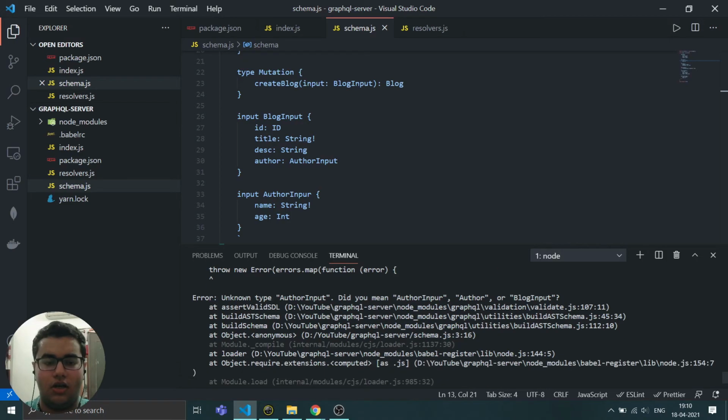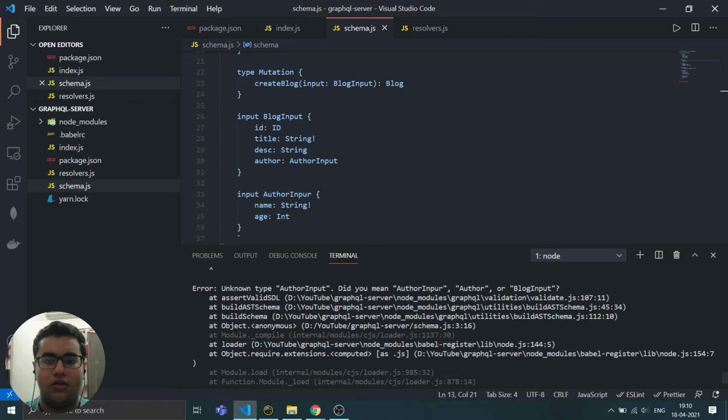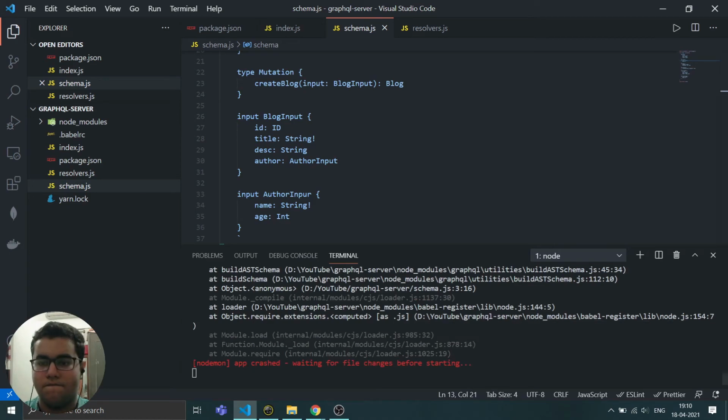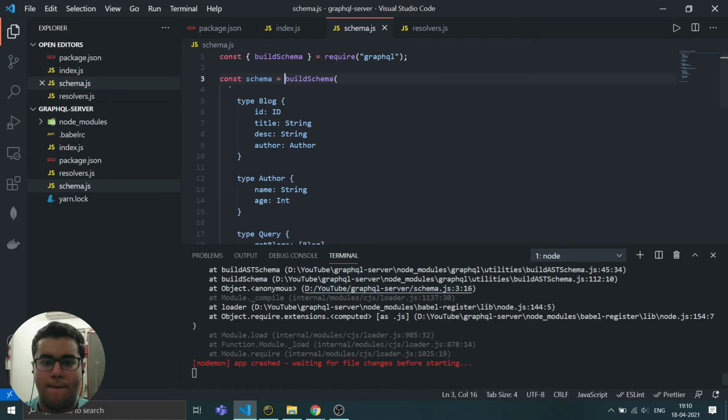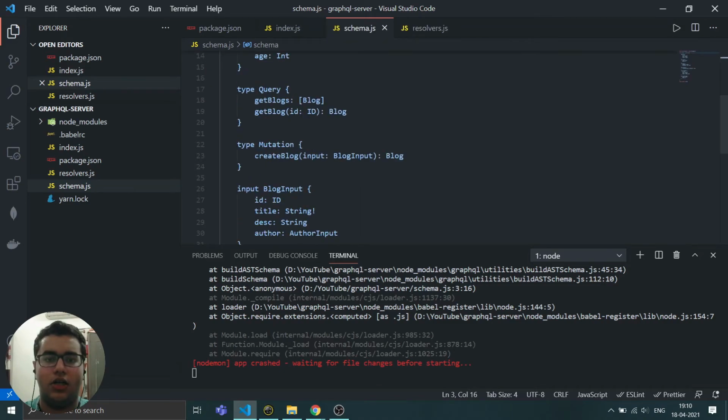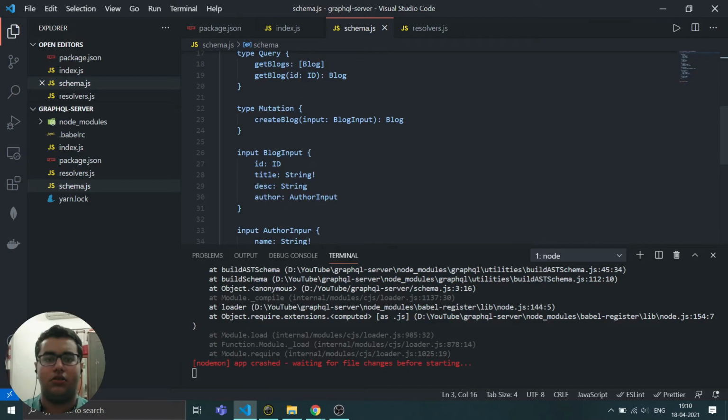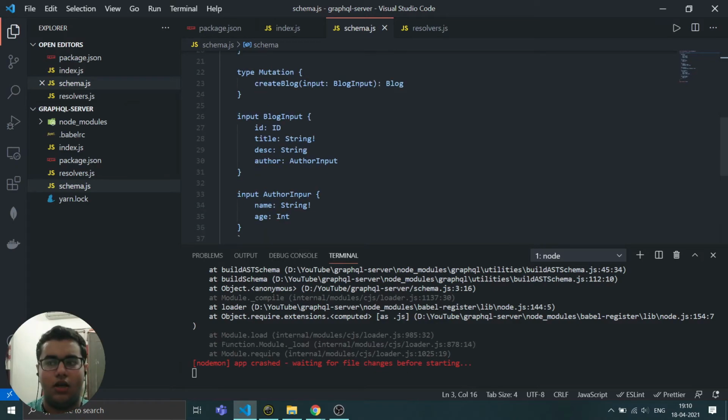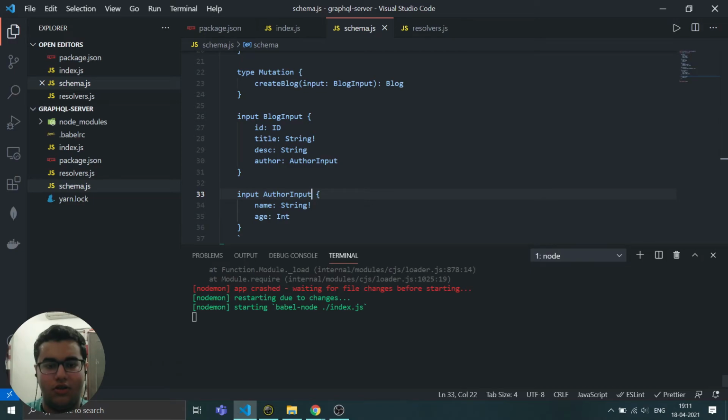Okay, the build schema, type query, type mutation, listens. Okay. Author input. Oops, so this is author input. So this is a small typo that I made. So I think it will be all good now.